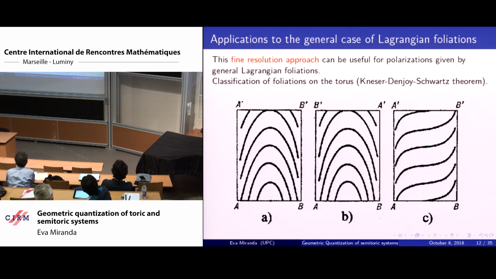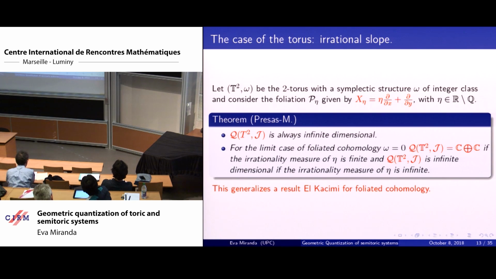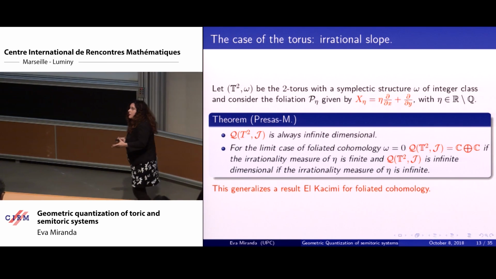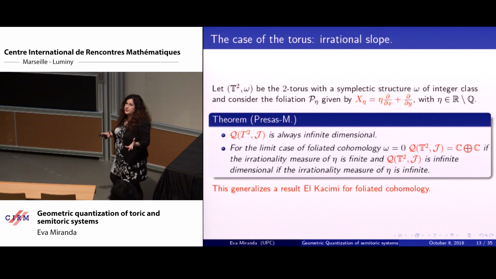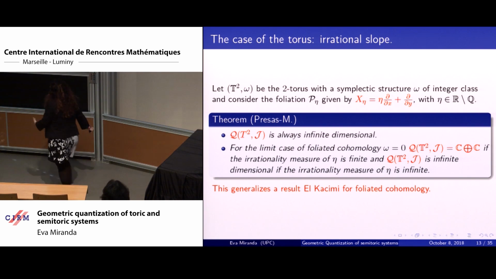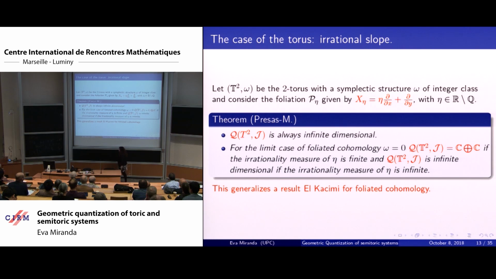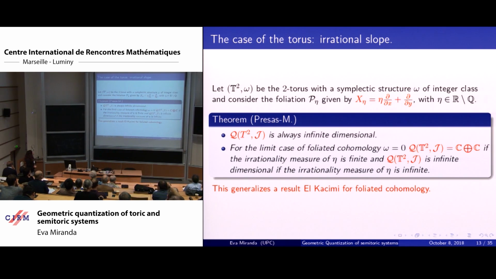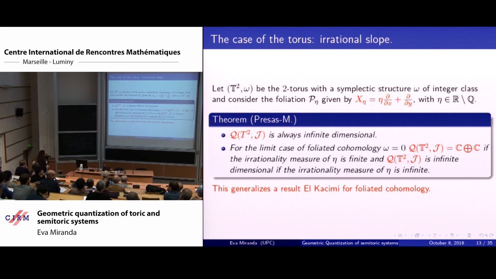And this is what we did here, because essentially we computed this Kostant complex, and the conclusion is that if you don't have a nice fibration and you have irrational flows, for instance on the torus, which is the first example you would think of, you ask a second year student for an example that's a bit complicated, and they will give you the irrational flow on the torus, okay? So if you compute it, you get an infinite dimensional manifold.